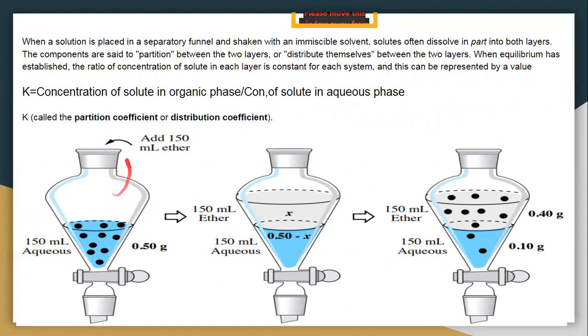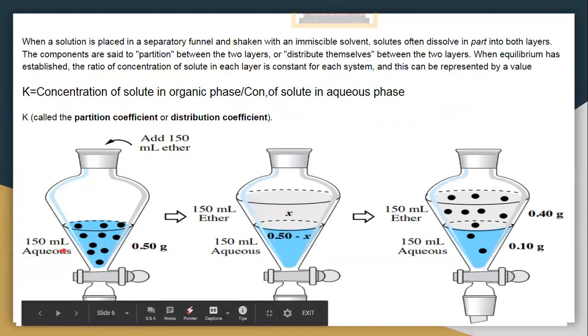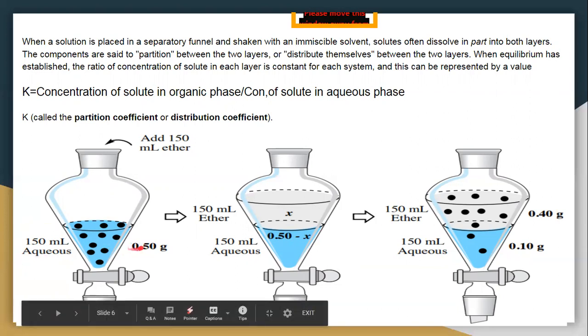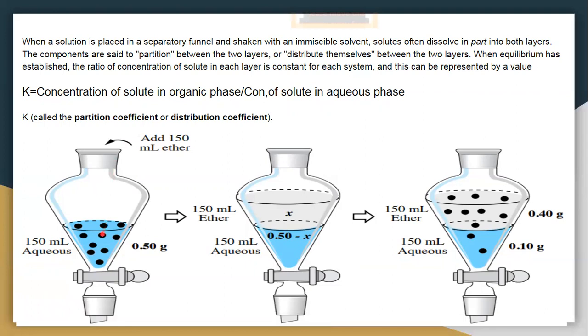So this is a separating funnel. For this experiment we use an instrument called a separating funnel. First we transfer water, to that we add solute, and after stirring the solute completely dissolves in water. So that means your solute should be completely miscible in both liquids. Okay, so after complete dissolution of the solute in water, we get an aqueous solution. To that aqueous solution, what do we add? Another organic solvent which is insoluble in water.